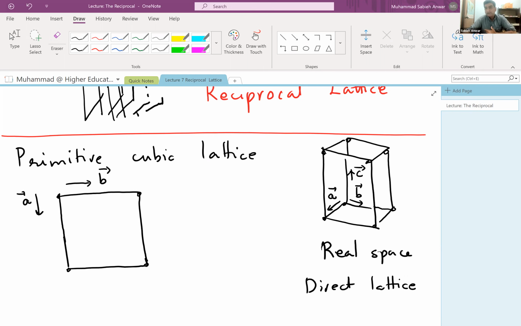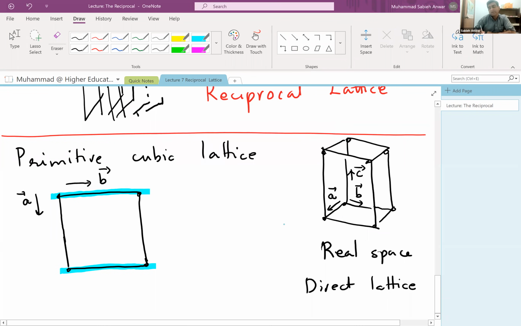Now look at the unit cell. By the way, we haven't yet placed atoms inside this lattice, but still we have lattice points nevertheless. So let's talk about the planes for a minute. Lattice points exist on this plane, which is the same as this plane. And this plane is